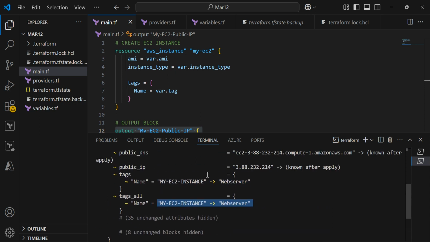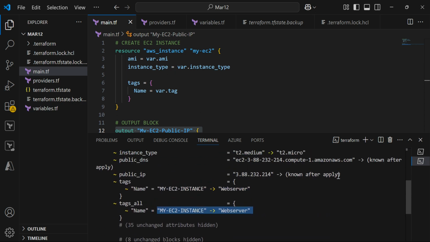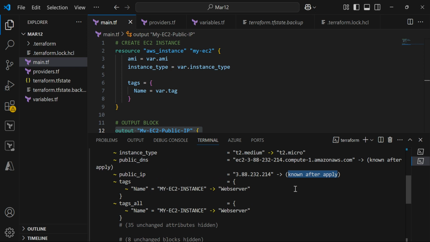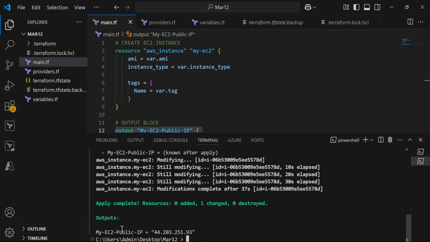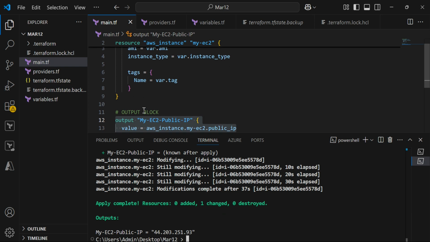You can also fetch the public IP from here as well. So now it is not known yet. This will only be known after it is completed. After the EC2 instance is created, only then will you get the public IP, not before that. And you can also get the public IP from the state file as well. But I want it to be displayed on the screen like this. Now you can see here at the bottom, my EC2 public IP. This is the variable that I had given. It has given the value